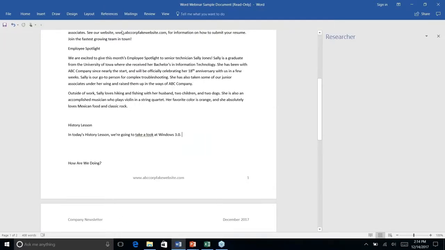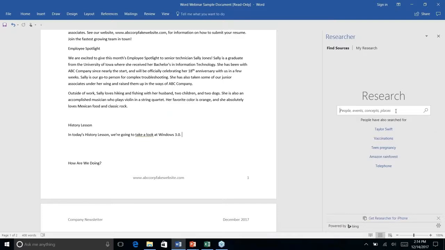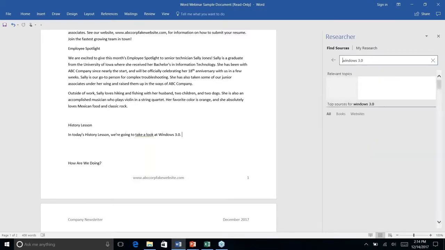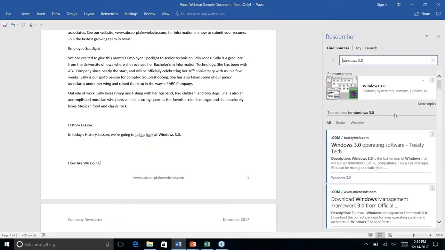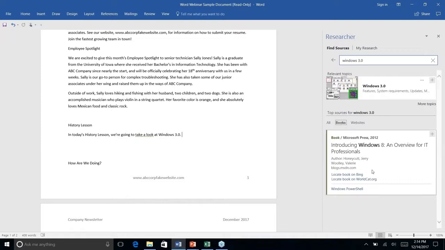But we'll go back over to Researcher itself, and if you click on it, it gives you this search bar. So the history lesson that we want to give is on Windows 3.0. And it works just like a normal search engine. Gives you these results here. Gives you a couple different options here where you can search for everything. You can search for books. So if you specifically need references that are not websites, something that is more geared towards students but does have business applications as well,